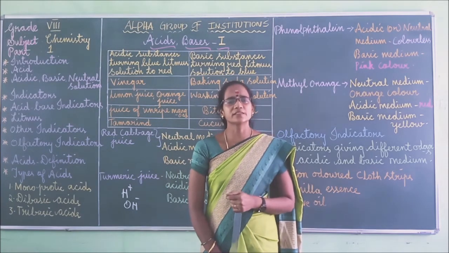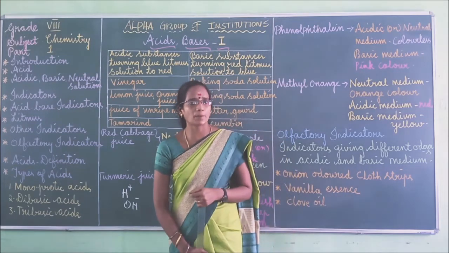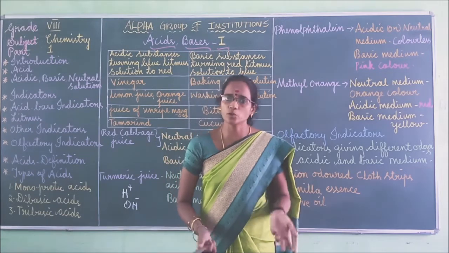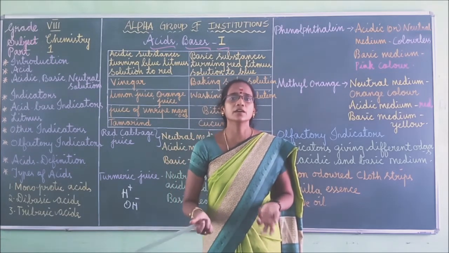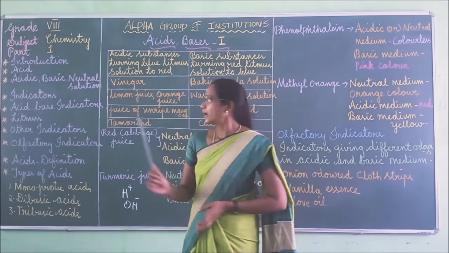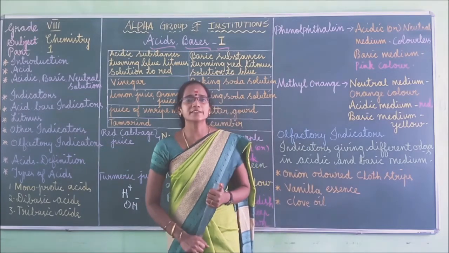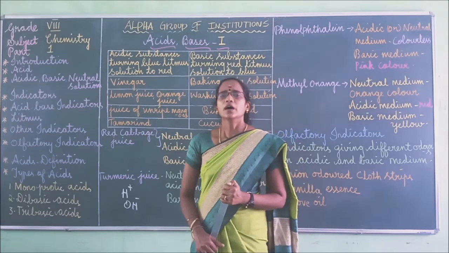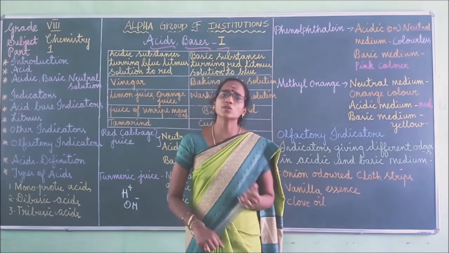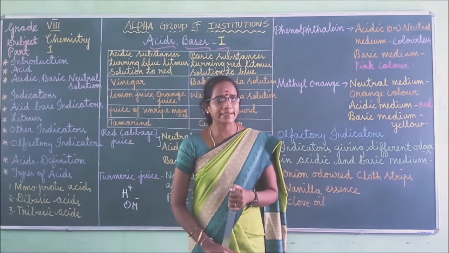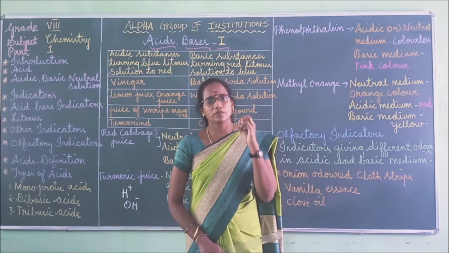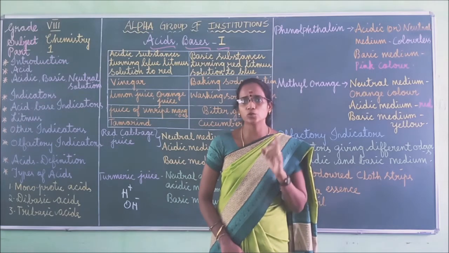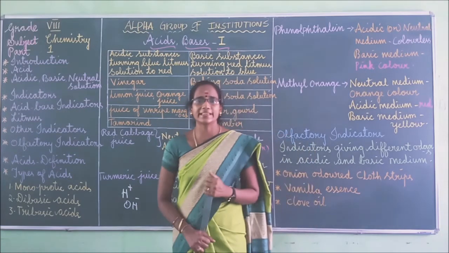Lichen is a slow growing plant which is found on trees, on rocks, and also on walls. The litmus indicator is a purple color dye, and it is most commonly used to detect acids as well as bases. For that purpose we are using the litmus indicator.